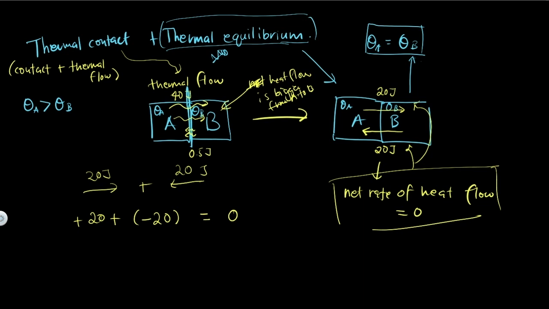So for one example, situation 1, let's say some food is put in the refrigerator, heat flows from the food to the air in the refrigerator. When thermal equilibrium is achieved, the net rate of heat transfer is 0. The temperature of the food is equal to the temperature of the air of the refrigerator. So I think maybe you can try to understand that. I will just sketch a simple diagram here.